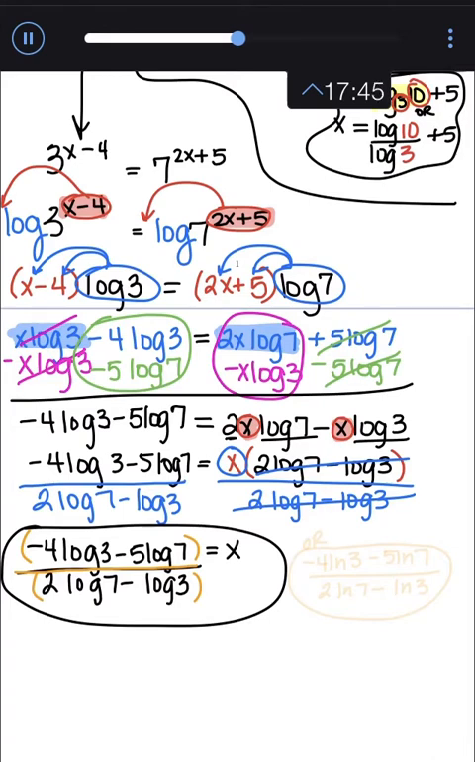Now, like I said at the beginning of this problem, we did LOG. You could have done this exact same problem with LNs. You would have gotten the exact same answer, except for everywhere you see a log, you would see a natural log, an LN instead. So the other answer that you could also get is -4 natural log 3 minus 5 natural log 7 all over 2 natural log 7 minus natural log 3. They're exactly the same. It's just LNs instead of logs. Nothing else would be different. Now let's